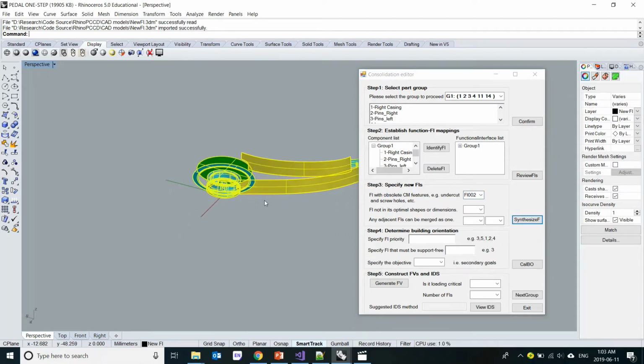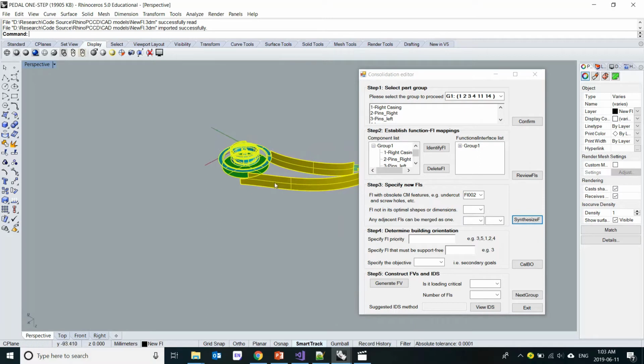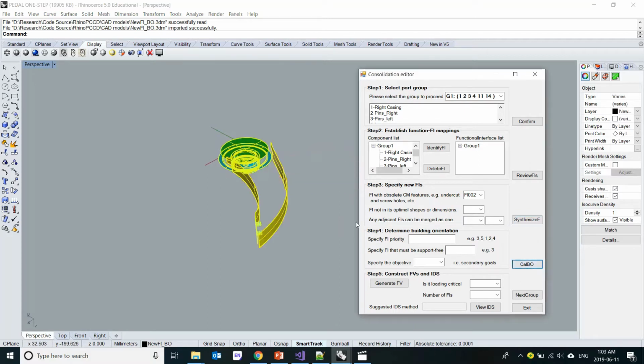The next step is to determine the best building orientations, considering the priority of different function interfaces, which need to be preserved in the building process. In this demo, this function is not well developed, but this research has been intensively investigated by other researchers. And since this case study is very simple, the Z direction is the best building orientation, and we can define it as the